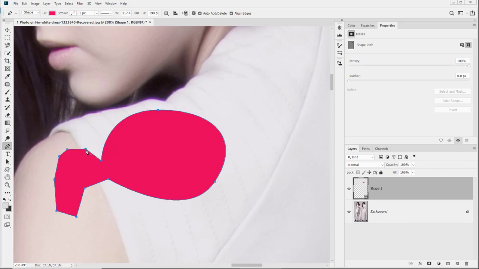Now, if I mouse over a point that I already have using the standard pen tool, it will, and I've done it again. So if I hold down the control key on the keyboard, it will grant me access from the pen tool to the direct selection tool. And I can click on the shape to get access to all of my anchor points. There we go. Now with the standard pen tool, mousing over an anchor point will allow me to remove it. Click, it's subtracted. Mousing over a path, or a segment as it's called because it's between two anchor points on a path, the path being any part or the whole of the object being the closed shape